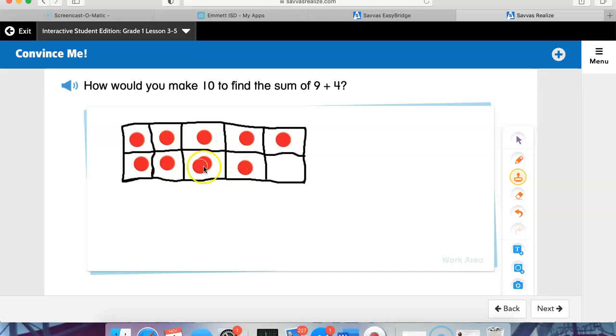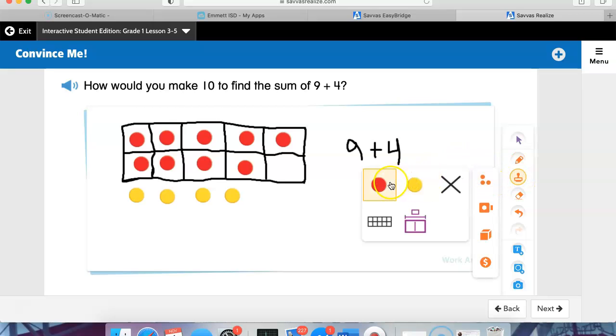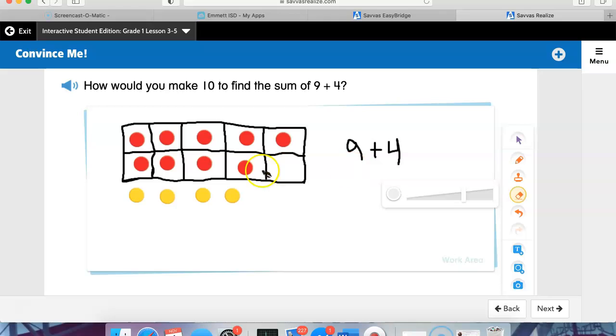So if I put 9 red counters into my tens frame to show the 9, now I need to show plus 4. So if I were to show 9 plus 4, my 9 red counters and my 4 yellow counters. So I still don't know what this is. But if I were to move one of these yellow counters